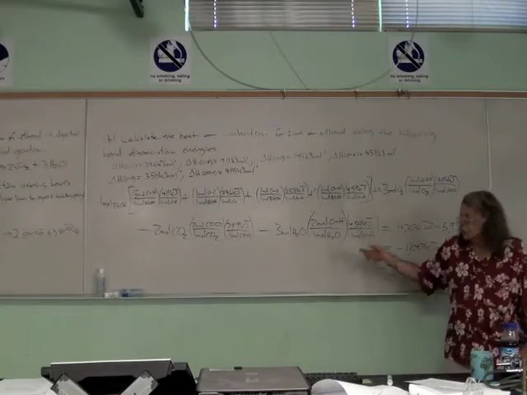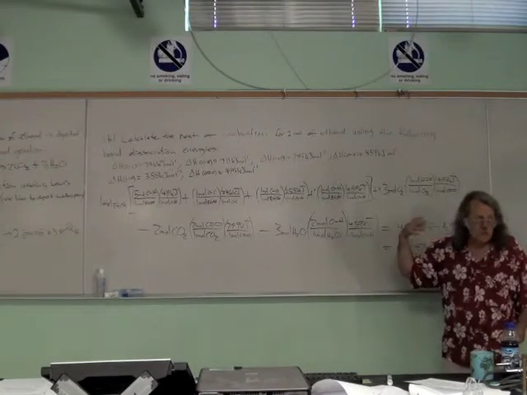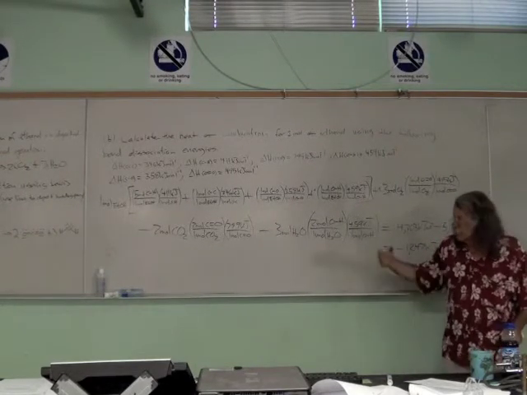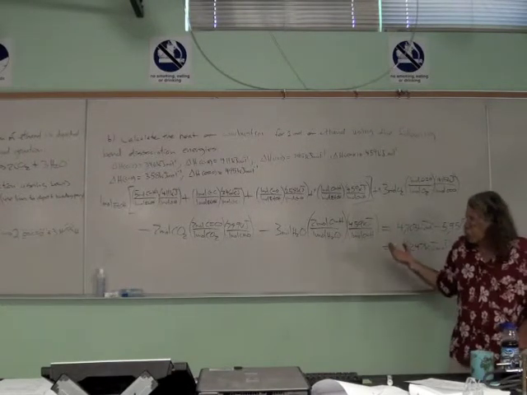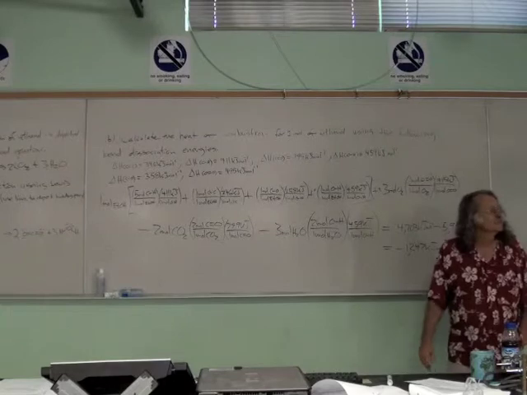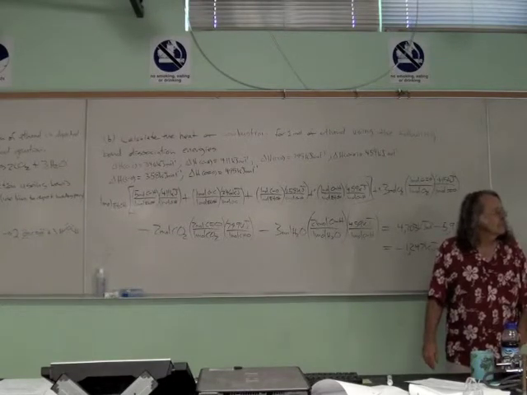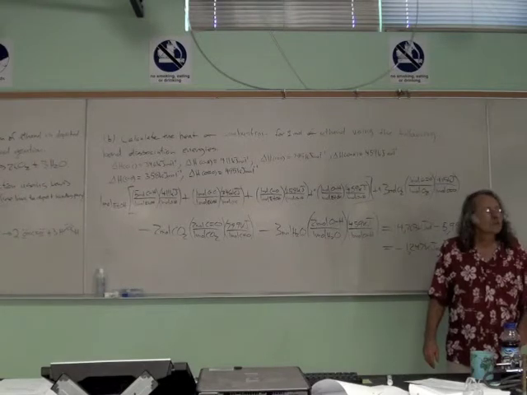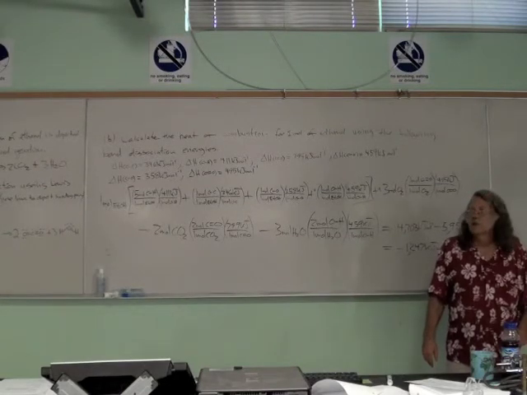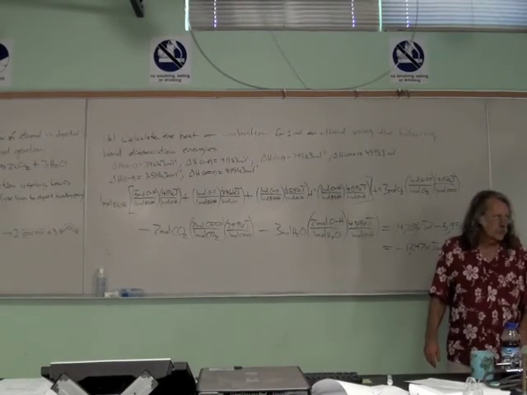The nice part about the factor label method, or what's called dimensional analysis, is that it's revealing of the logic. And if you make a mistake, it's easier to track through and find out where it was. Okay? So, are there any questions about this one? If there are no questions, that's